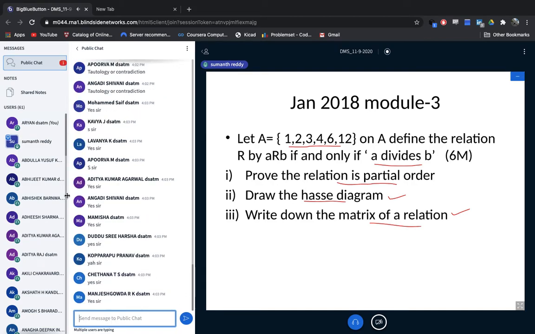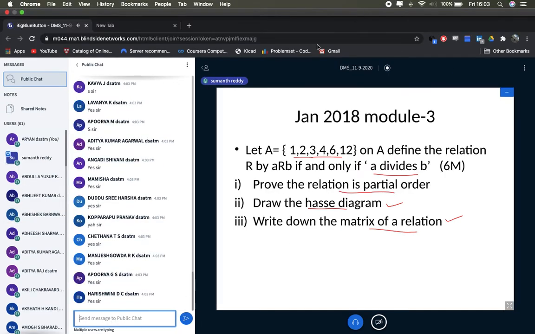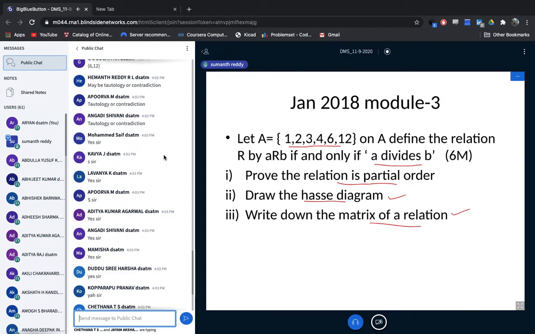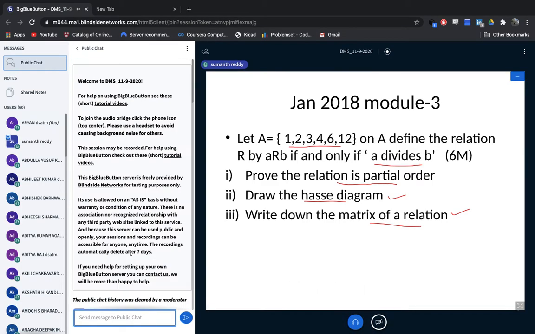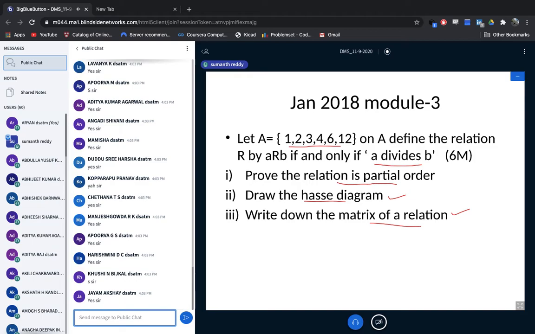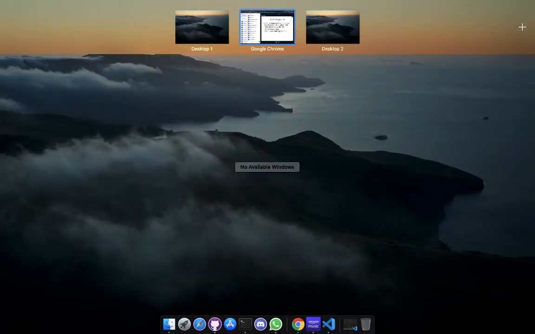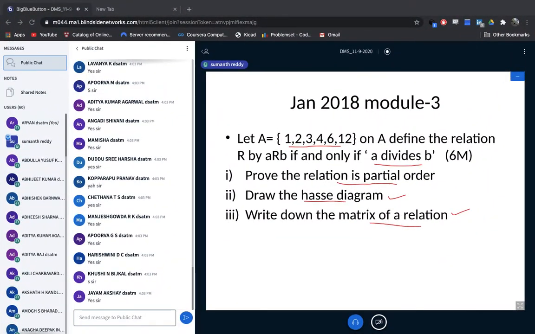Now I won't force you all to solve the problems. What I will do is put each and every problem slide up for 5 minutes. If you are interested, you can solve it. I will retain every year's question paper for about 5 minutes. If you are confident and feel like you already know, you can log out, no issues. For every 5 minutes, I will change the question paper. If you are interested in solving, you can solve.